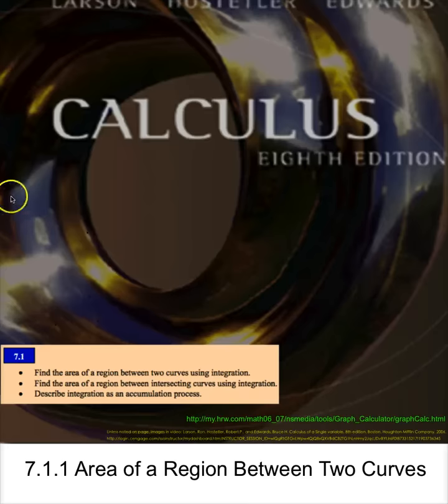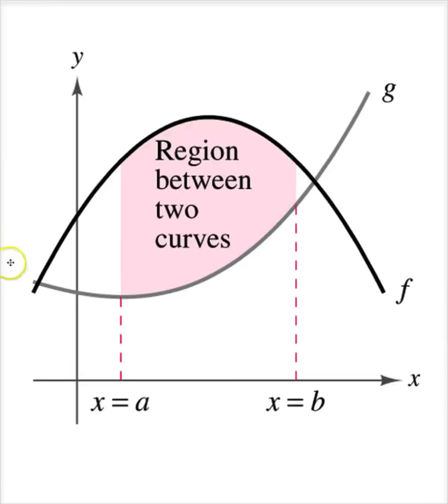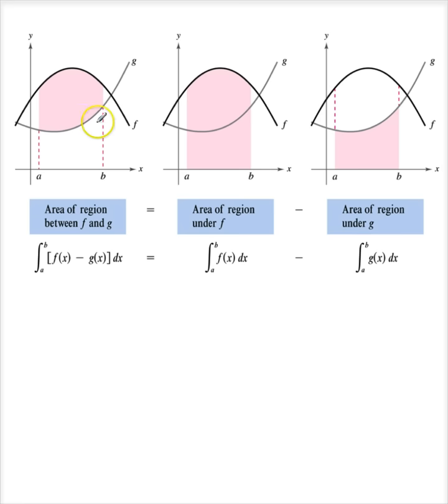Let's look at the area of a region between two curves. Suppose I have a curve F and a curve G. If I want to find the area between the curves, then it's quite obvious that I'm going to have to do some subtracting and some integrating. And it turns out that this area right here, we're going to call this big A, is equal to the